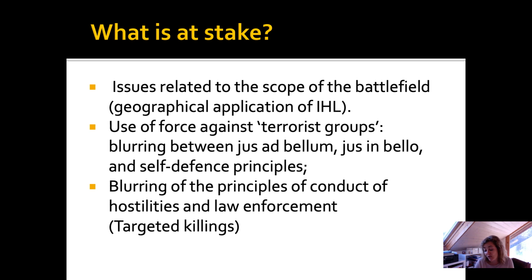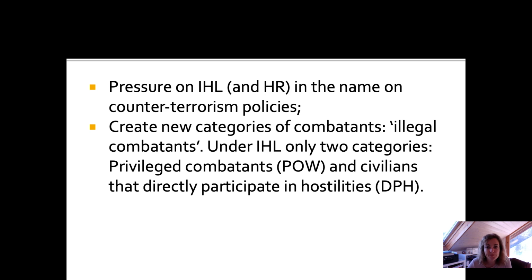And this we have seen, for example, in Guantanamo with regard to detention, but we have also seen this issue with regard to targeted killings of certain members of the Taliban, for example, in different countries where IHL was not necessarily applicable. We will also go much more into the detail of the issue of targeted killings when we talk about the use of weapons and drones in armed conflict.